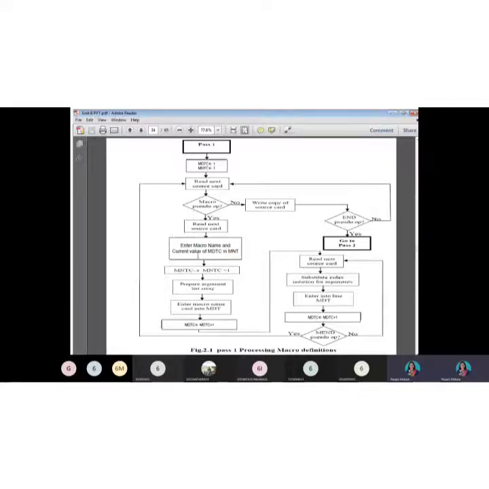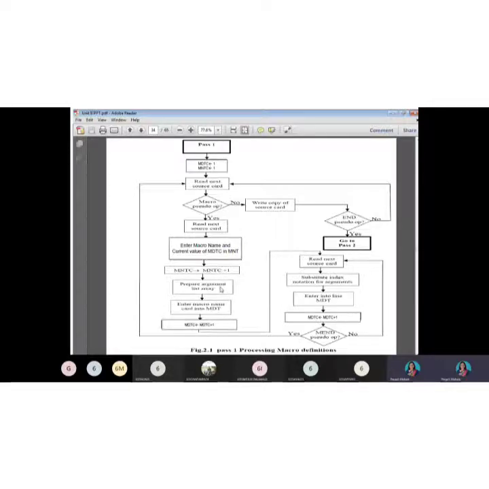Now let us focus here that yes, we identified the macro pseudo opcode. Then we have to read the next source card and enter the macro name in the MNT table. So all the macro lines are entered in the MDT table, and then we enter the name in the MNT table. Then we increment the MNTC counter by 1.